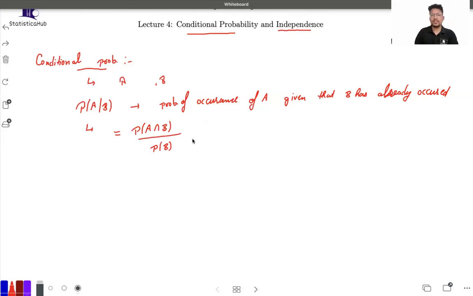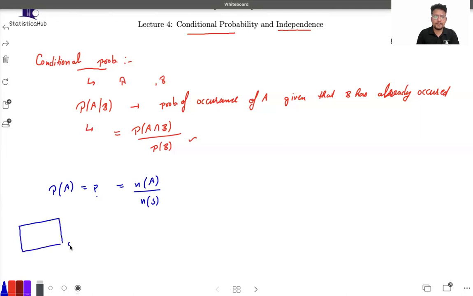Before moving to this particular formula, I will go for the standard form. If I say you have to find the probability of any event A, how do you find this particular probability? You write this as the number of elements favorable for the event A divided by the number of elements that are total in the sample space. Correct? That is the basic probability form. Okay. Now, if I say this is my particular sample space that we are dealing with,